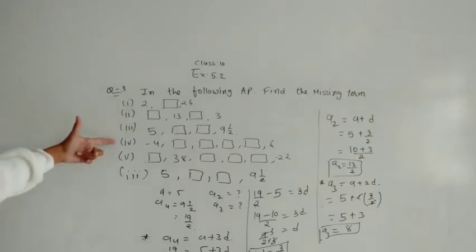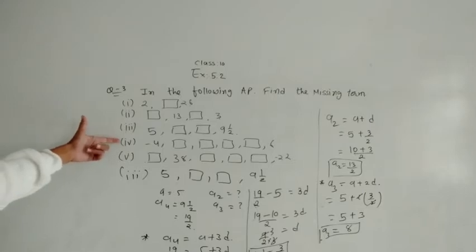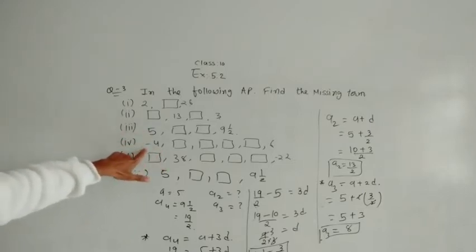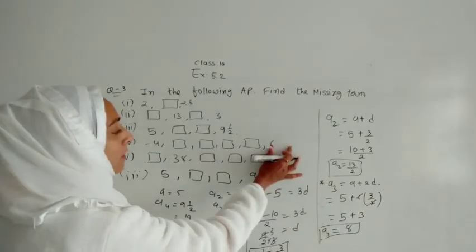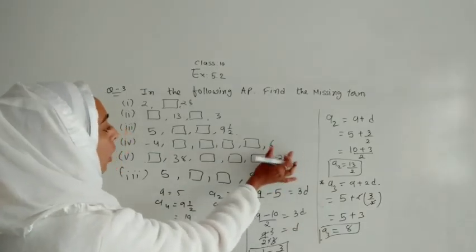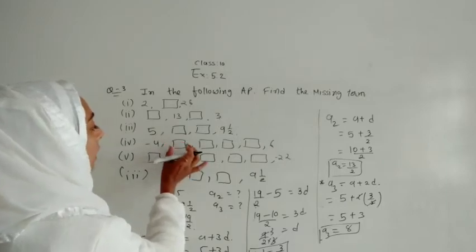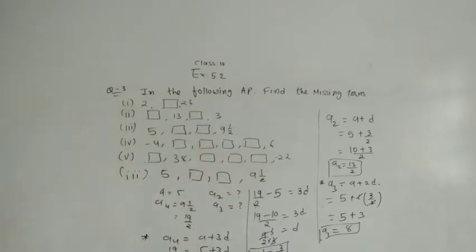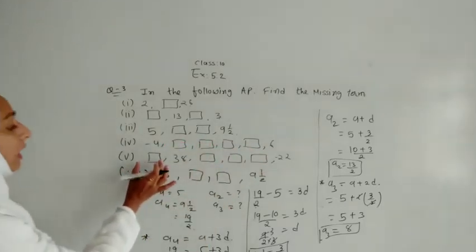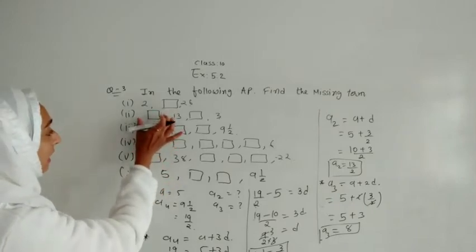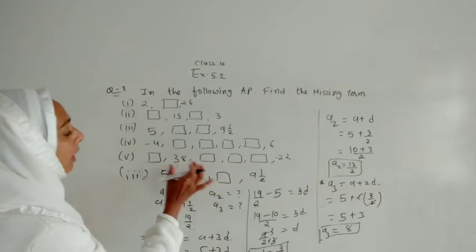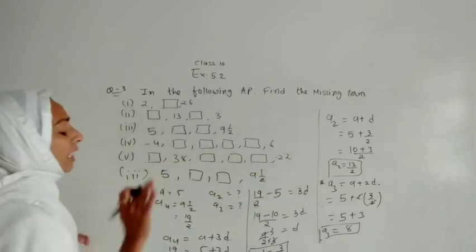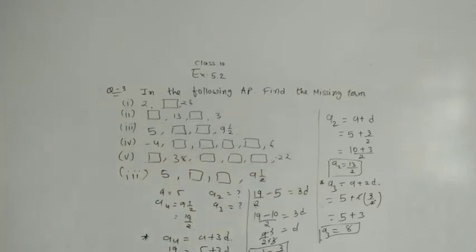Now the next what we will do, so this is also similar to this because A is given. अगर A दे दिया जाता है तो A का वैल्यू हम यहाँ सब्स्टिट्यूट कर देंगे, तो हमें D मिल जाएगा. A और D अगर हमारे पास होते हैं तो हम मिसिंग टर्म ढूंढते हैं, but when we are not having A, अगर हमारे पास A ही नहीं है, like second question, fifth question, so what we are doing, तब हम दो इक्वेशन बनाते हैं और एलिमिनेशन मेथड करते हैं. So keep it in mind.